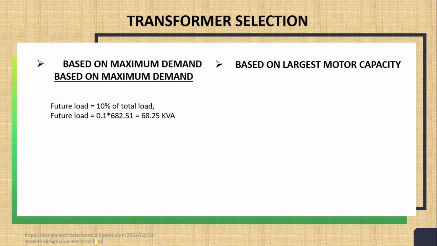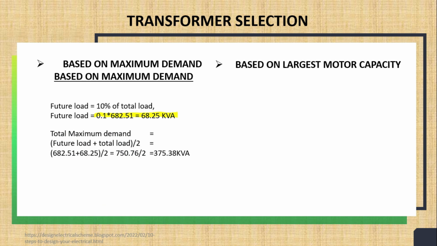So here the total maximum demand will be 682.51 plus 68.25 divided by 2, where the 68.25 is the future load, which is 10% of the total load. So we will get the total maximum demand as